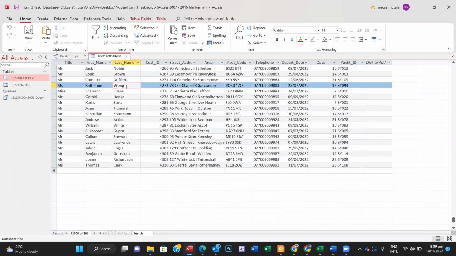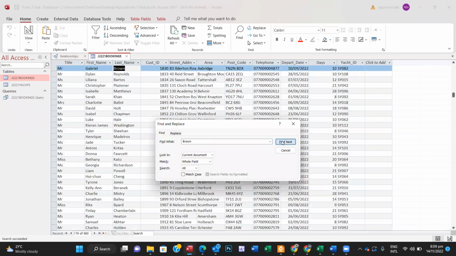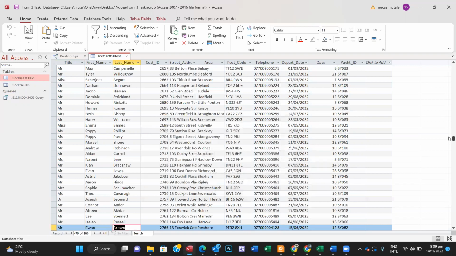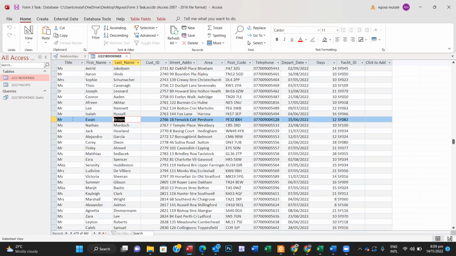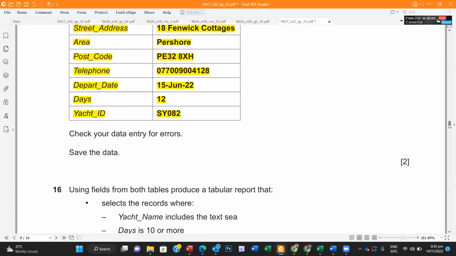If I search Ctrl+F and I search for Brown, you see that the record is already there because I already entered it. Okay, Mr. E1 Brown, and his cast ID is 2766. So if we check here, this is E1 Brown 2766. So we're going to go to the next part,